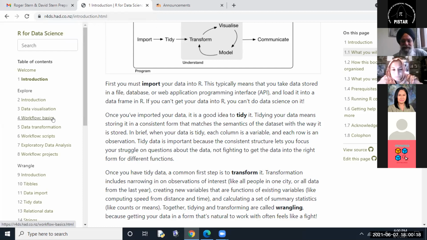David and Roger can tell you more about it, but when Sharka and I were teaching the tidyverse, we were teaching them how to import data from Excel or from SPSS. You can import data into R. So if you are saying that it's convenient to copy and paste, of course it must be, but what's the harm in just importing it, even if it is a very small set of data?